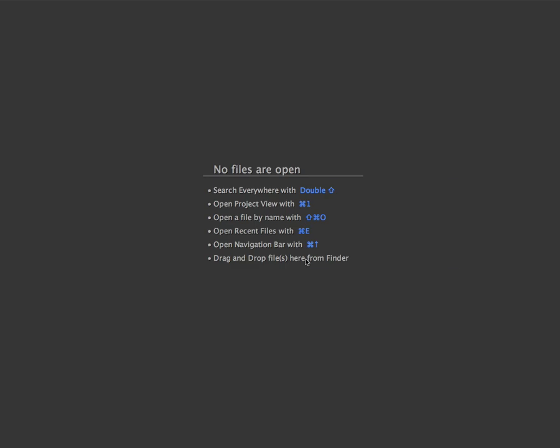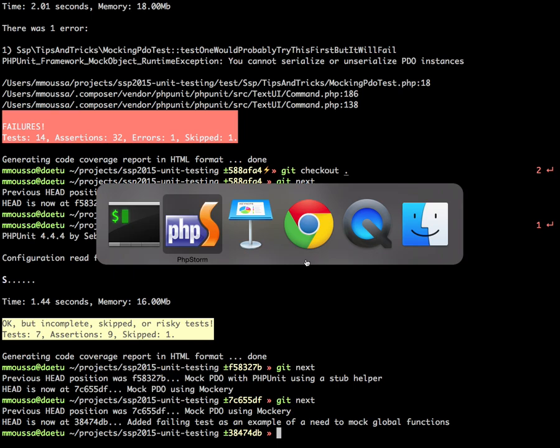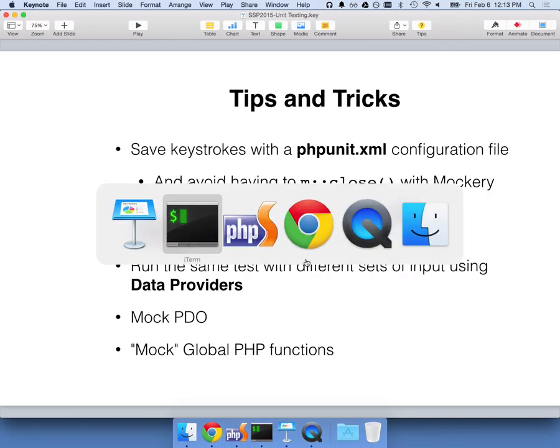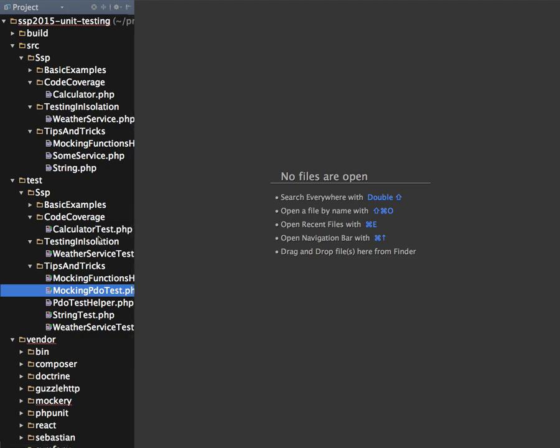And mocking global functions. How many people have global functions in their applications, like calling microtime and file_put_contents, things like that? You don't want to necessarily call those because it can make your code difficult to test. For example,